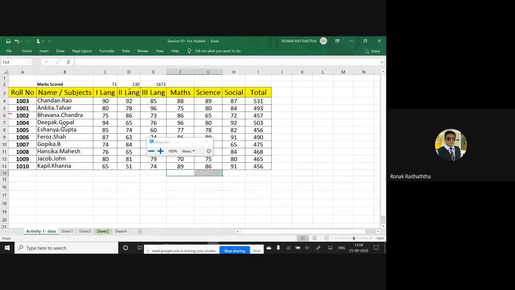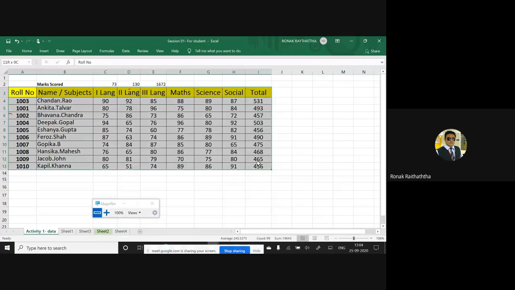Now, if I have this sort of data and I want to navigate in this worksheet, this is called the active data range. Till the time your data is not broken, meaning there is no space in between.